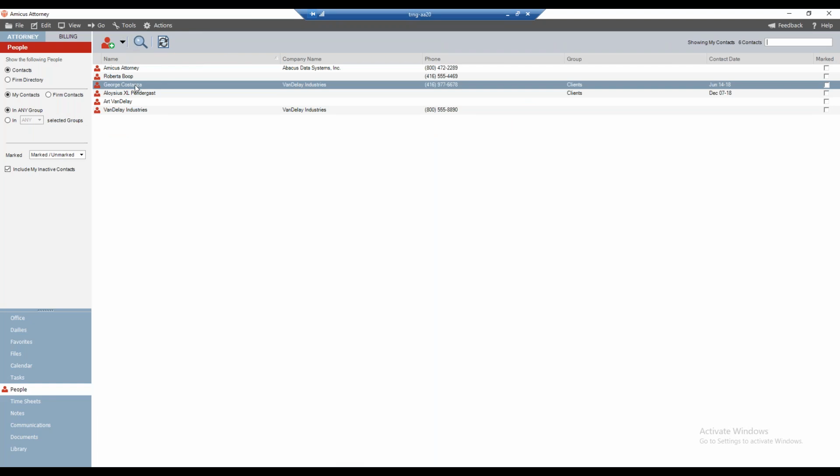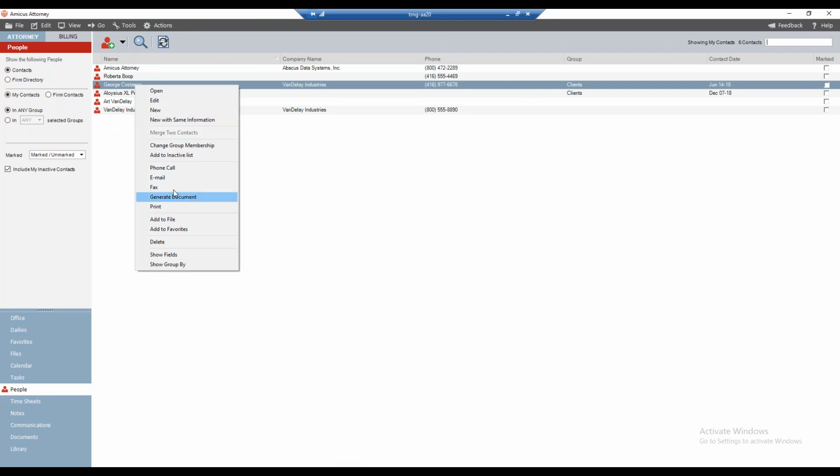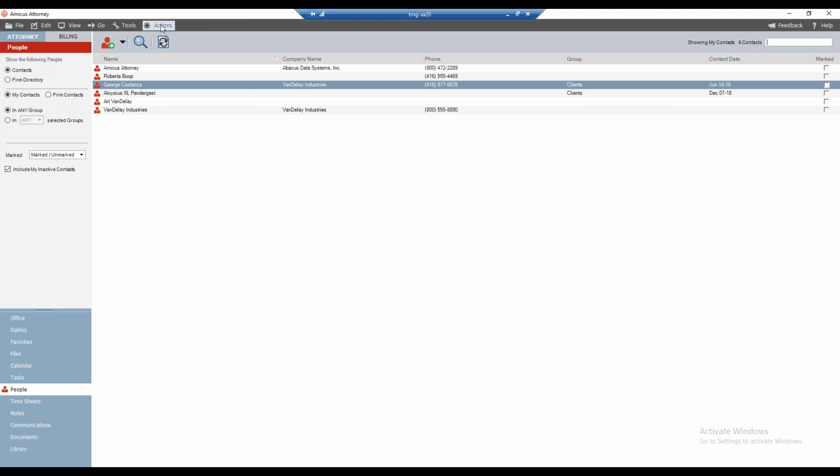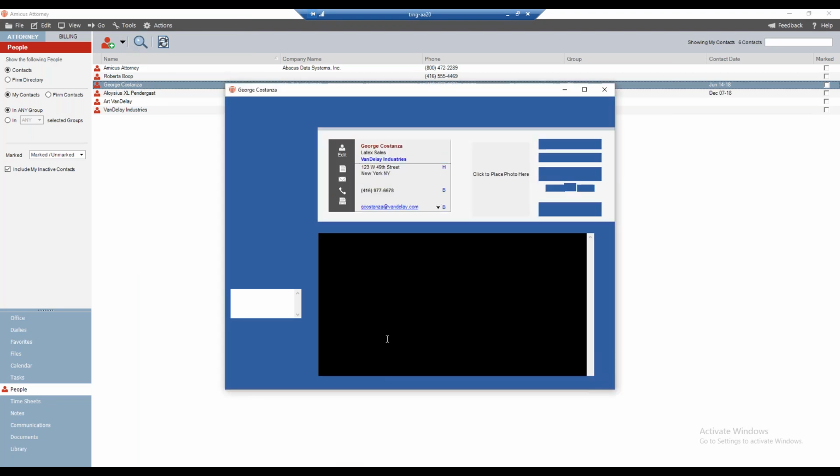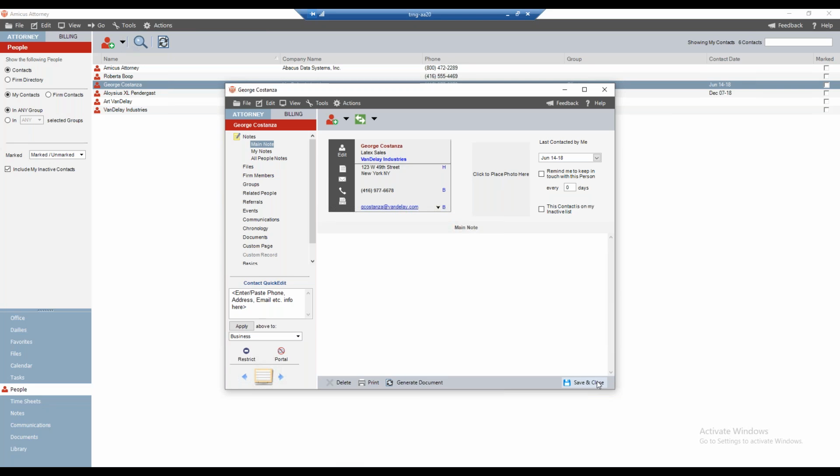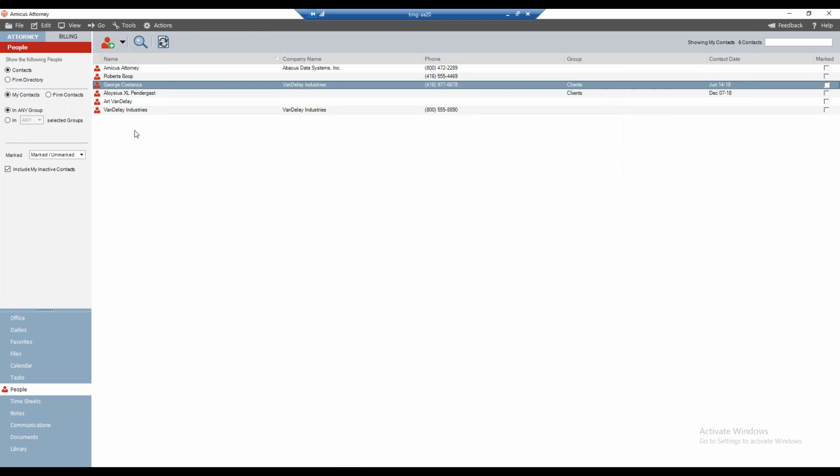And again, same ways. I can select my contact, I can right-click, select the option to generate a document. I can click the button up here to generate a document. I can go to the Actions menu, generate a document, hit Control-D, and of course I can open up the contact and click the Generate Document button here as well. Now again, those are a multitude of ways that we can go about doing this. I'm simply going to select my contact in the list here, and I'm going to click the Generate Document button